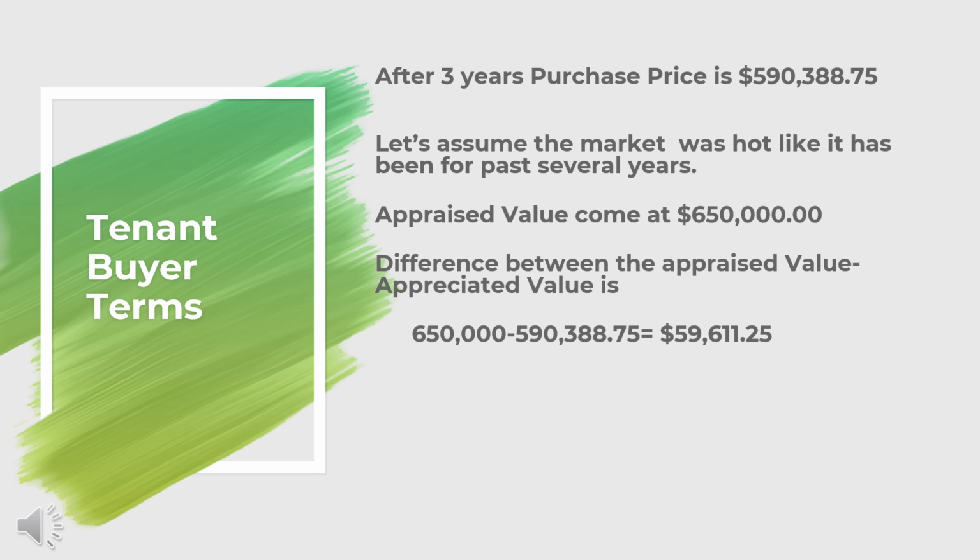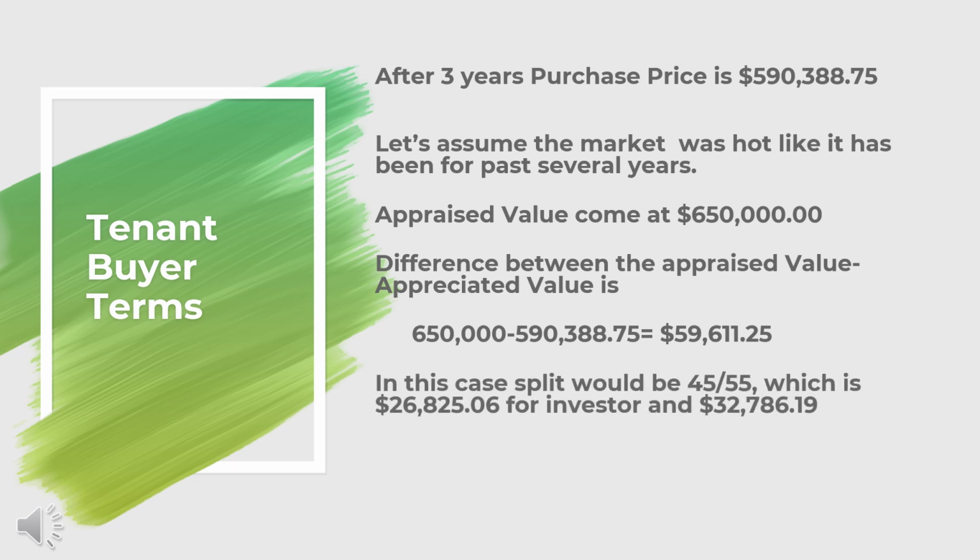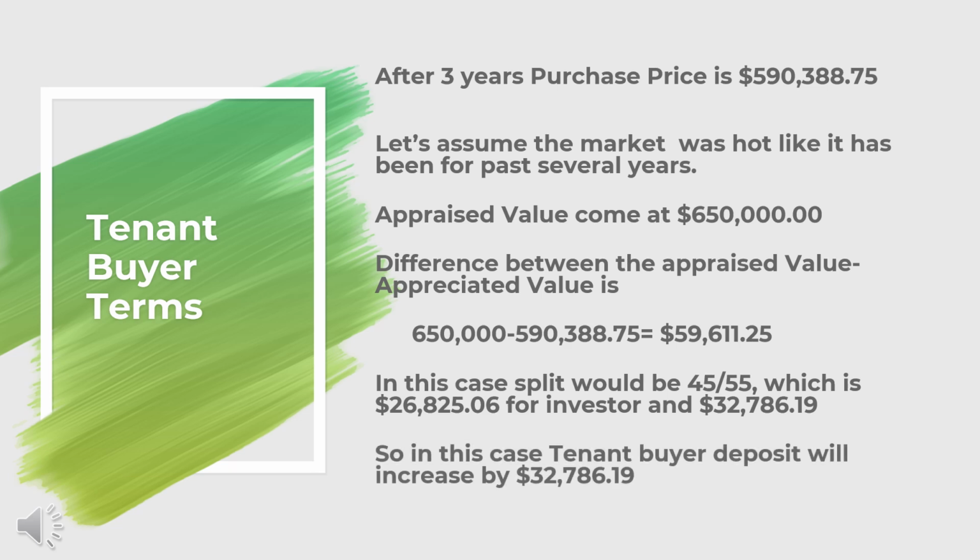That will be additional appreciation of $59,611.25. In this case, the split would be 45-55, with the investor getting the 45, which will be $26,825.06 as additional income, while the tenant buyer will get